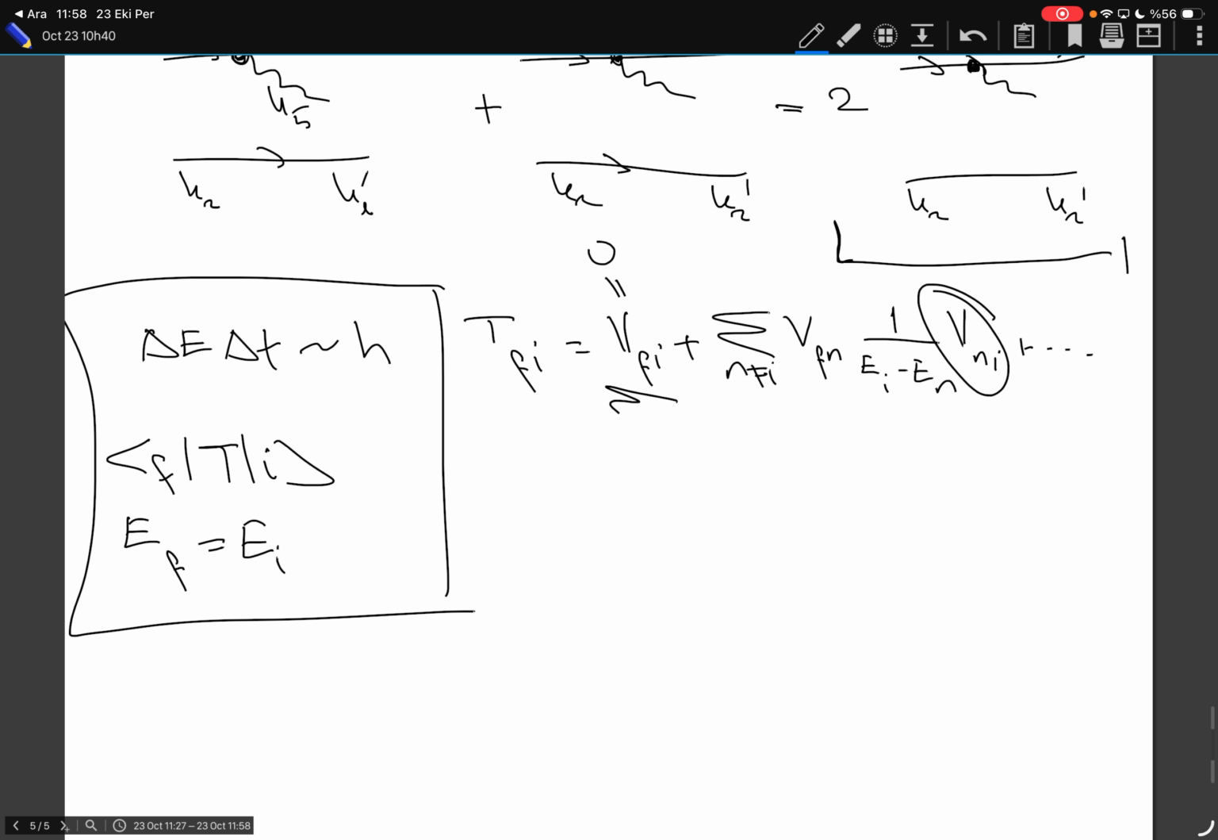And diagrammatically, I had shown that V and I is actually given by twice K1, K2, K1 prime, K2 prime, plus twice K1, K2,